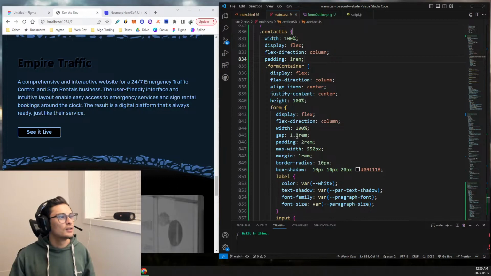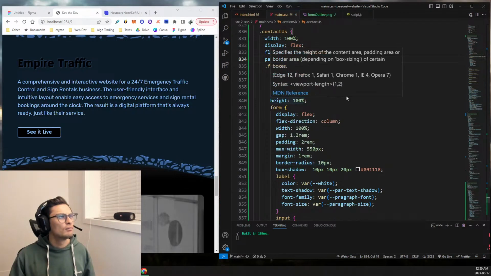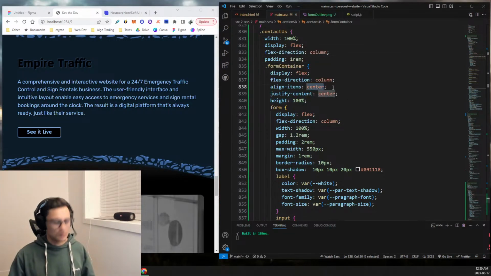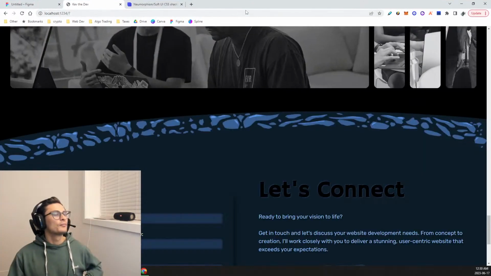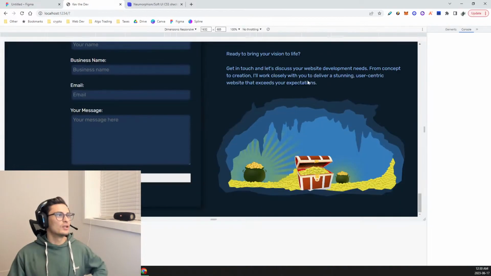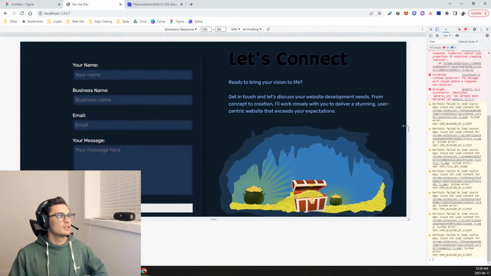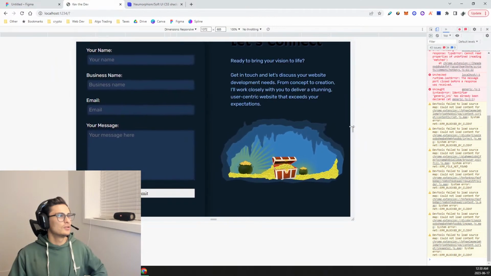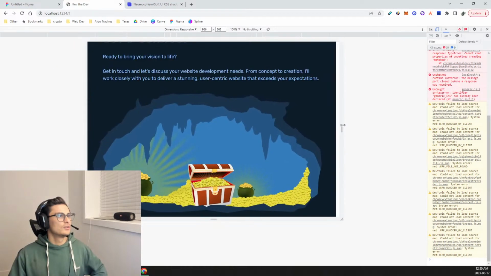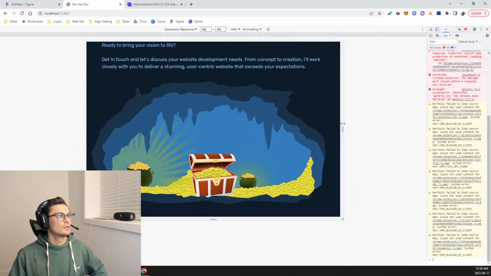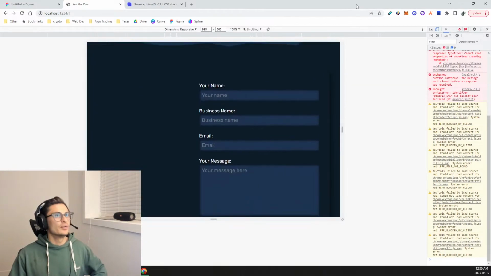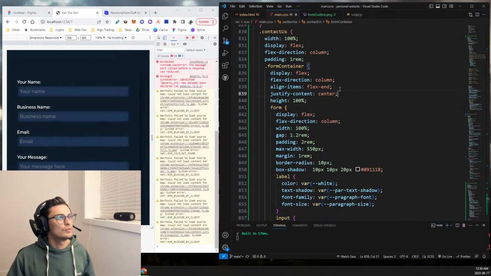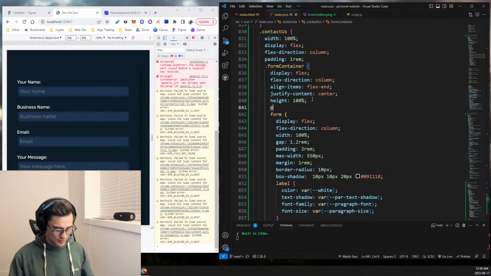Oh, right here. Align items. Cool, but when we're on mobile, we don't want that. So we can change that up a little bit. Why does it, oh, there we go. Yeah, we don't want that. So on here,